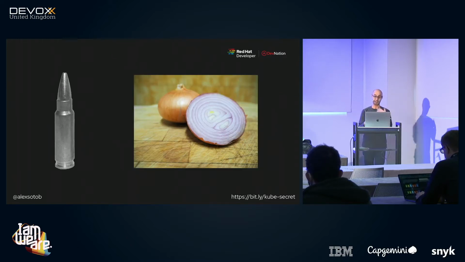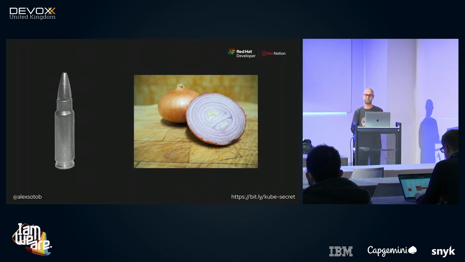So let's go to the more technical secrets, but just let me tell you that there is no silver bullet in secrets, in encryption, nothing. I like to say that it's like an onion. You need to create one layer, and then another layer, and another layer. So if one of those layers is compromised, you still have more layers out there to protect the secret. But at the very end,